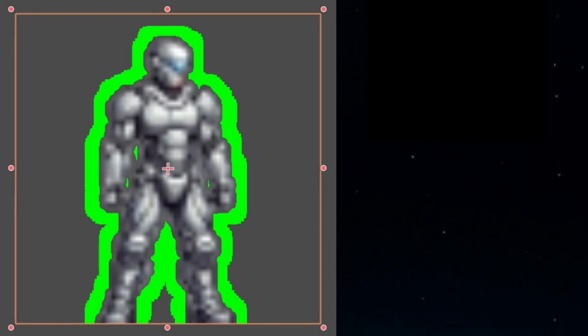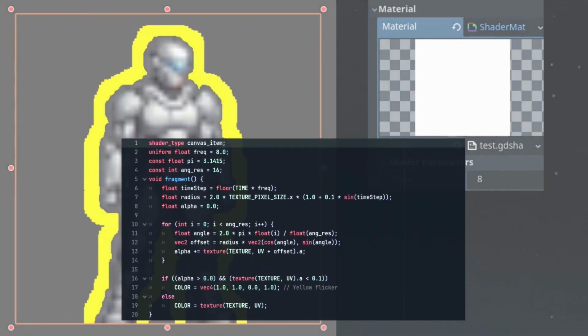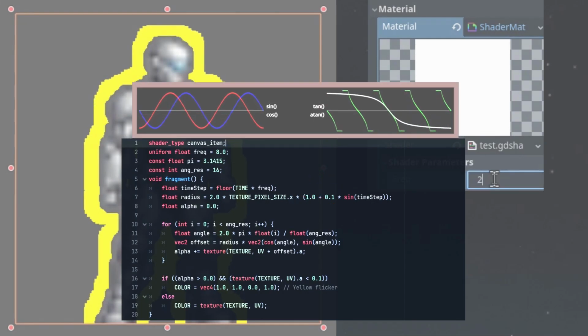A static outline is fine, but a flicker will bring it to life. First, let's add a frequency uniform so we can control the input. Good. And here, the time variable counts up each frame, multiplied by the frequency input, and flooring it to get